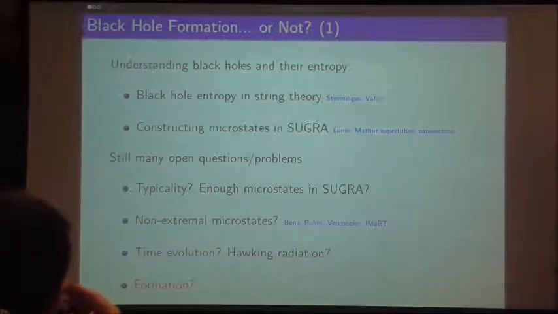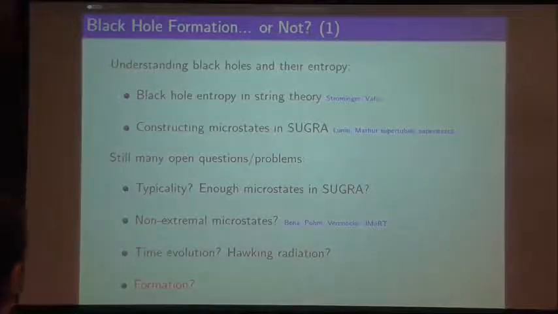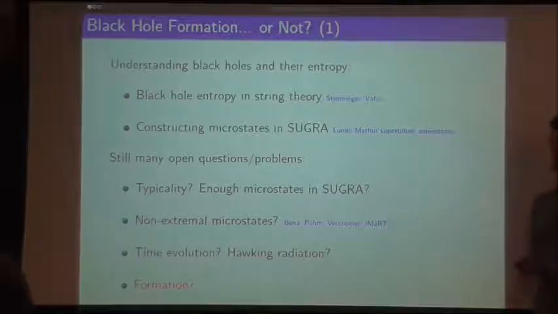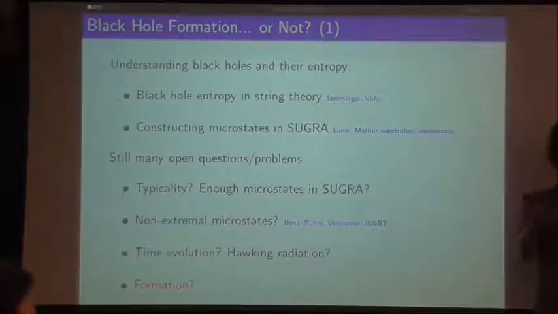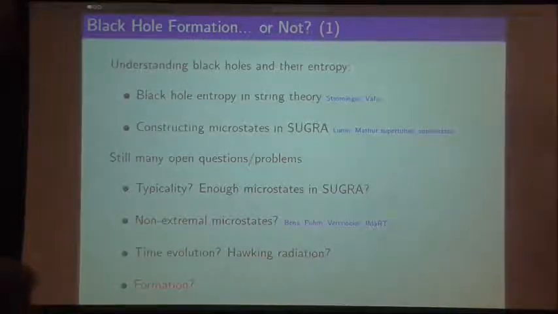And the first example where we really found evidence that this has to be the case is in string theory, of course, the famous Strominger-Vafa paper, where they were able to look at a specific black hole, the D1D5P three-charge black hole. What they did was not really counting the black hole microstates itself, because they were able to look at the same system at different string coupling. They tuned the string coupling all the way down, and then were able to look at this brane picture at zero string coupling, and then count the microstates, the excitations of this brane picture.